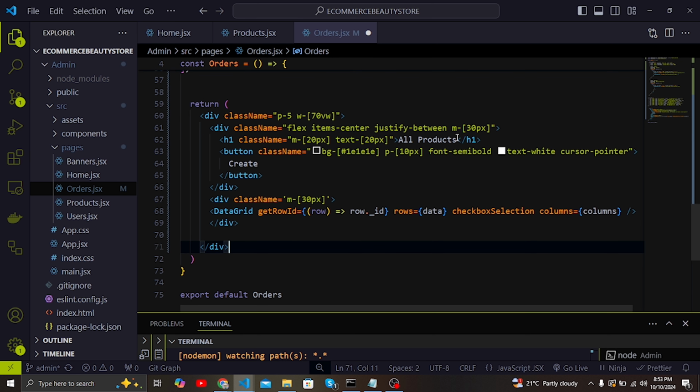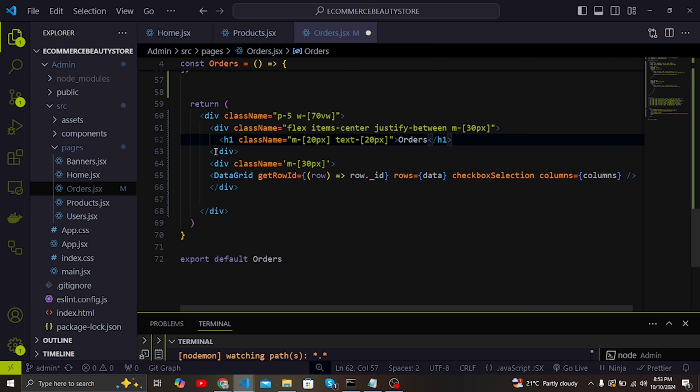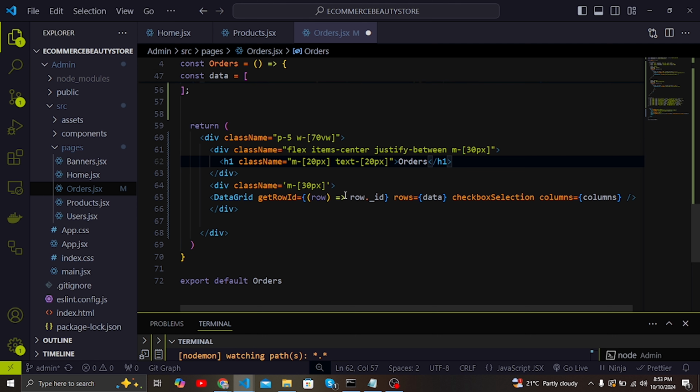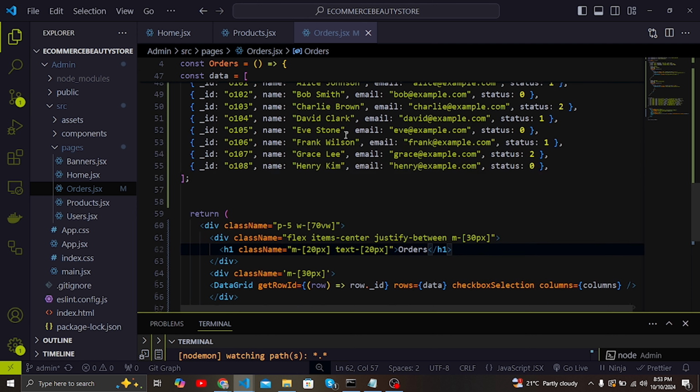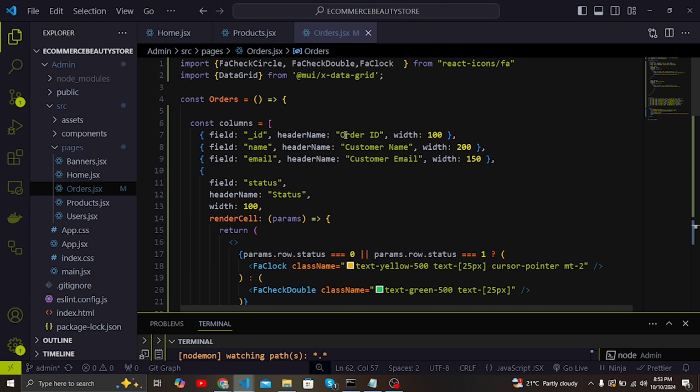And this one I'm just going to add here all orders, or maybe I can just say orders like that, orders. And then I'm going to remove this button here because there's no need for us, as admin, to be able to create orders. That will be the work of the user. So I'm going to paste this,